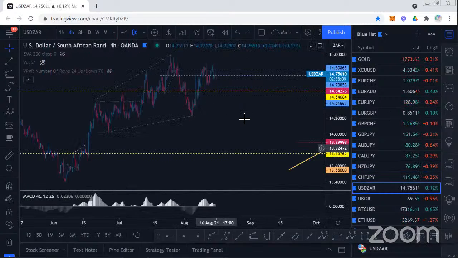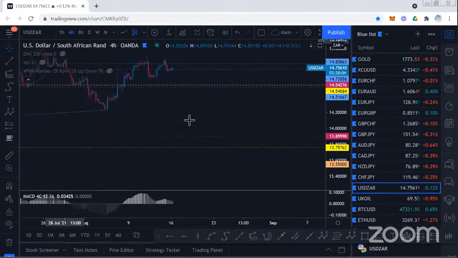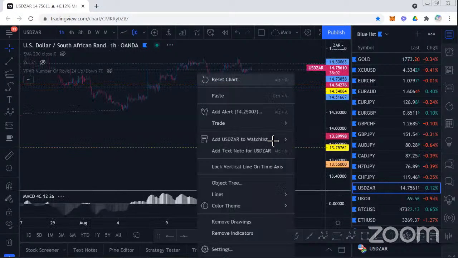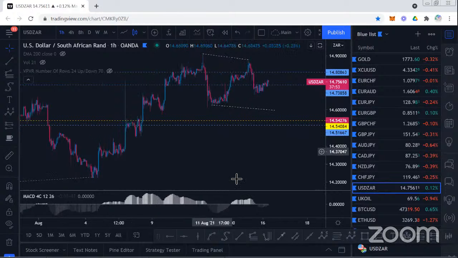US dollar, I still see upside here. I think this is still a kind of expanding flat. I think structurally that's all done. I think on the lower time frames, if you zoom into it, you'll see this is actually just a lower time frame little flat pattern that's formed here. You'll see another leg lower down towards 1460, and then we should get some upside from there.